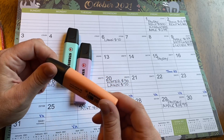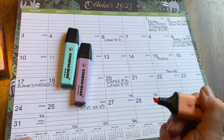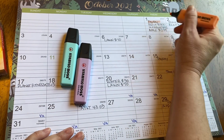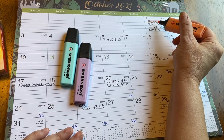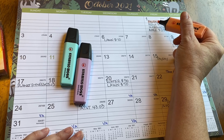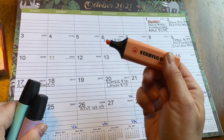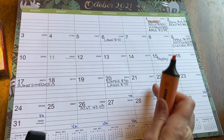So the Budget Mom, what she does is she uses highlighters on the calendar. We've got a pay date here on the 1st, so I'm going to highlight everything that is due for the 2 weeks of this pay period, so it would be the 1st through the 14th. I'm going to color in one color, and then the next payday I'm going to pick another color and highlight